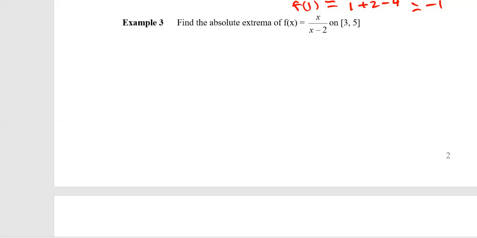So our next example, number 3, find the absolute extrema for